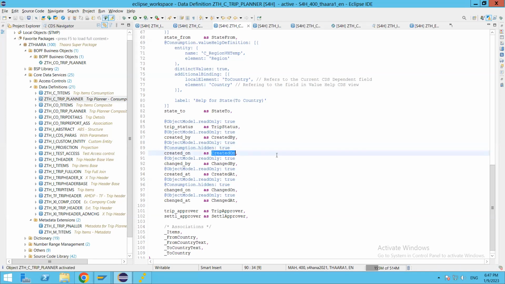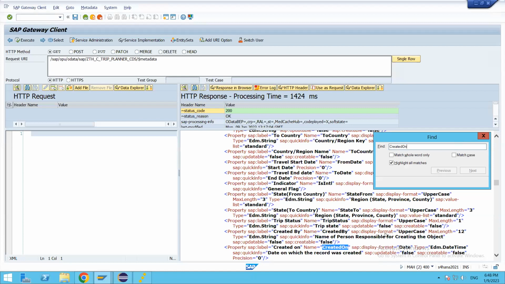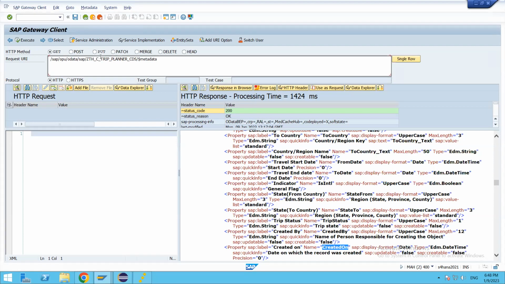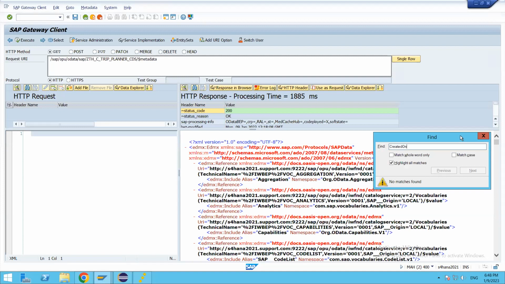If you look at this one at the moment, created on should be available as I have not executed the request. The created on is available. Now I'm getting the latest metadata, and if you see, the field is not available in the OData